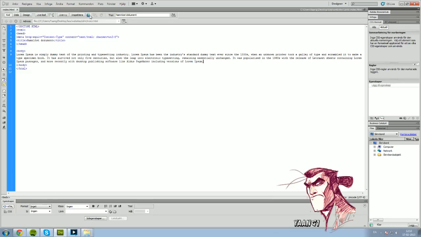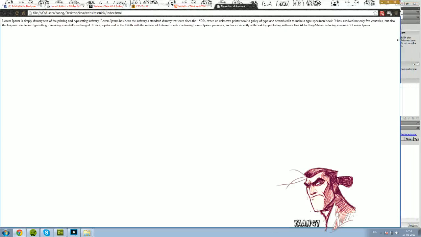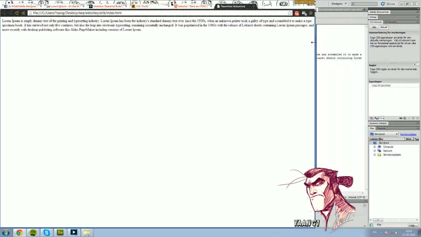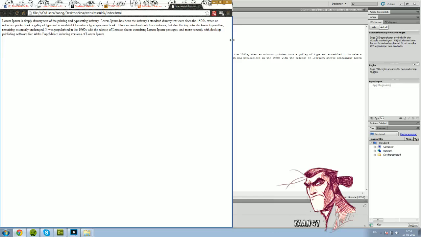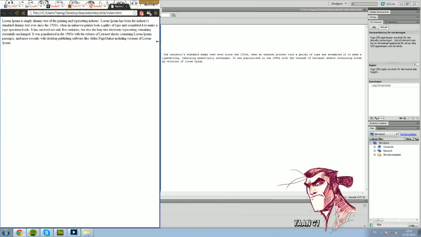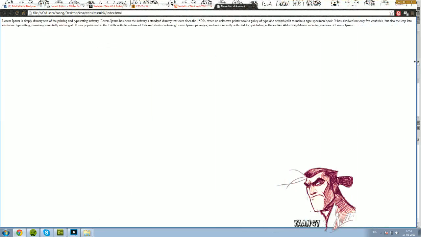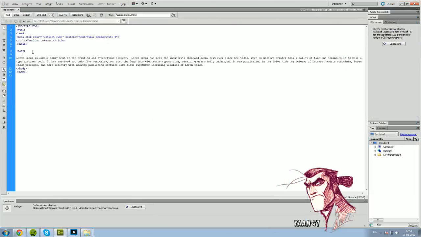Now if I'm opening this page, you can see that the text is just going from left to right, but if I start moving, you can see that it's already having this function inside it. And why is that? Well, the default setting is to have no size, so my page does not know what size I'm having, so it's adjusting already. Well, let's say I want to have my page at a certain width. We don't really like that, we want it to have a width, so we're going to